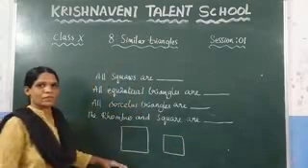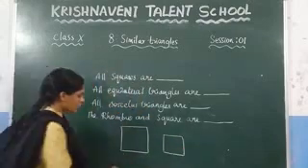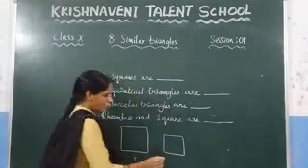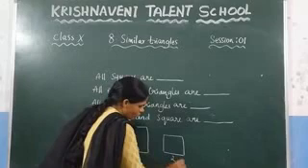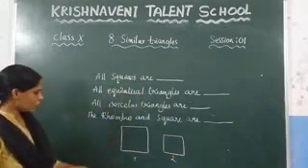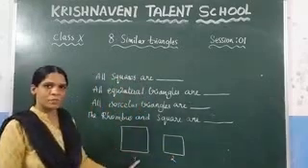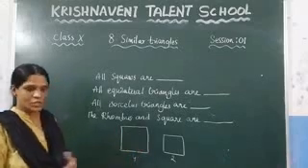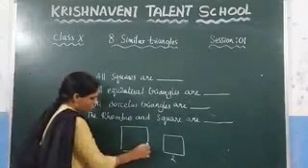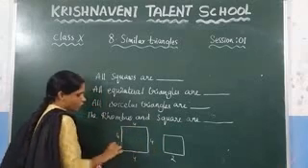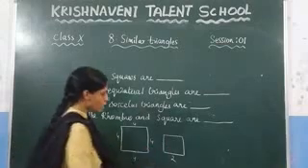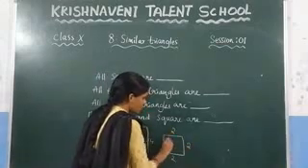Let us consider this square of side 4 centimeters. And let us consider another square with side 3, 5, anything you can take. You can take any one, so I am taking 2 here. If this is 4, all sides must be equal to 4, because it is a square and you know that in a square all sides are equal. So since one side is 4, all sides must be equal to 4. Similarly, we took this square as 2 centimeters, so all sides must be equal to 2 centimeters.